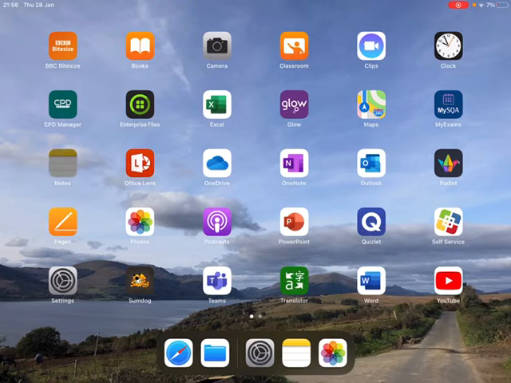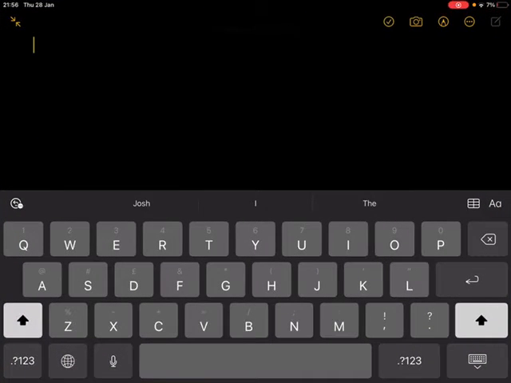That means that when you're in Notes, for example, you can speak into the screen and it will type the words for you. So you're not going to hear me for some reason speak here, but I promise you that's what I'm doing, and I'm going to say a sentence into the screen and it's going to appear as if by magic. So what I need to do is hold down the microphone, which is next to the spacebar,